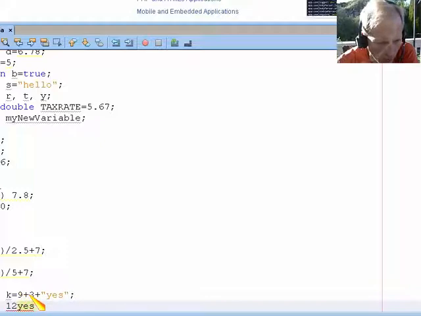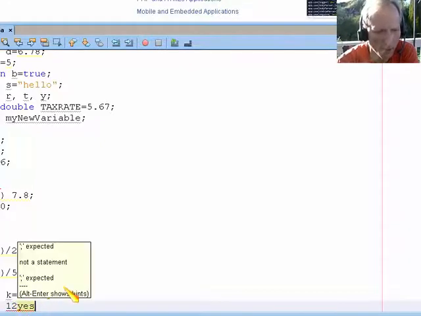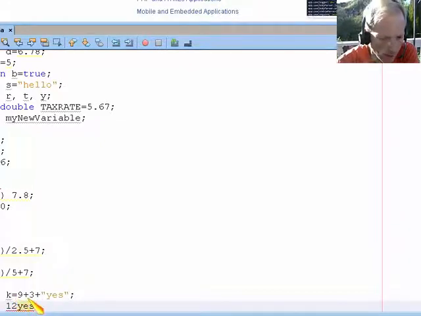9 plus 3 is 12. That's the first thing it does. That's int division. I have an int value on either side of the plus sign, so it's int addition. Then now it has 12 plus "yes". So it says, oh, I guess I have 12, they must mean a string instead of the int value. And so it's going to treat the second plus sign as concatenation,